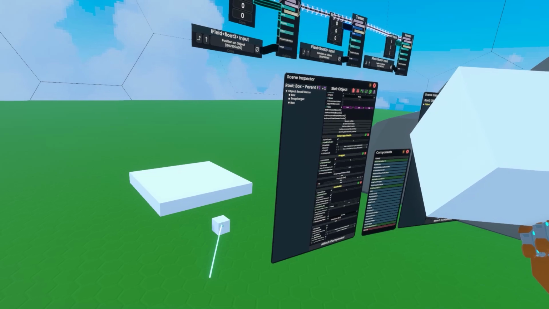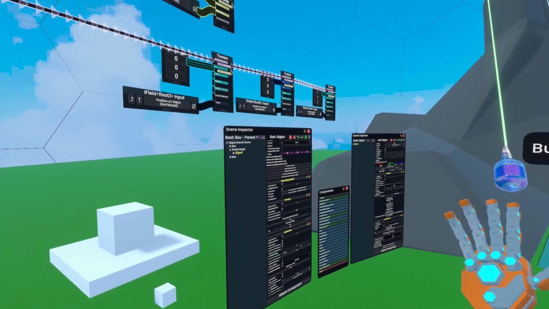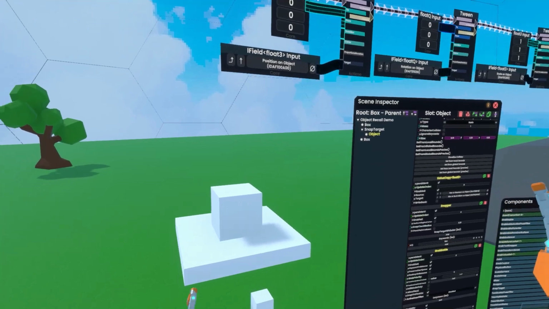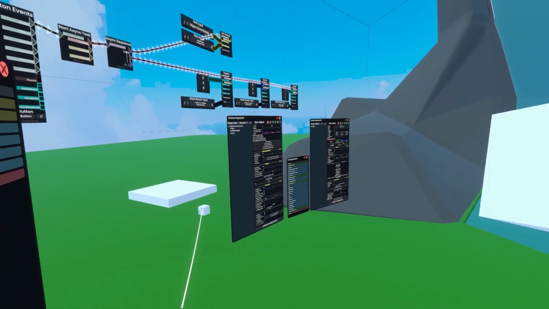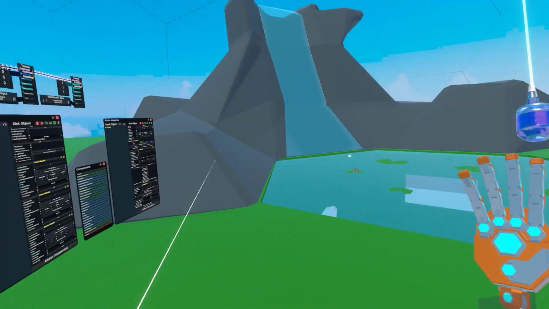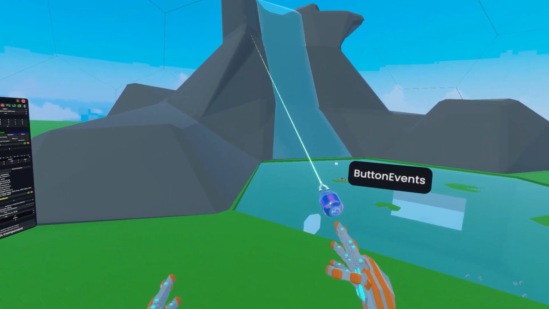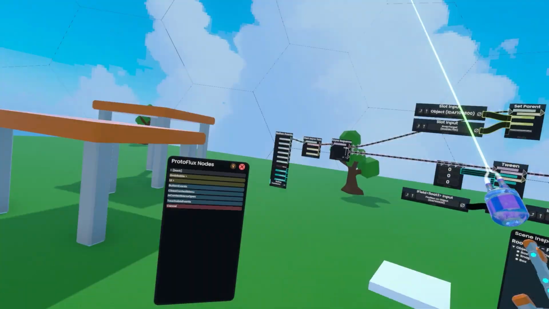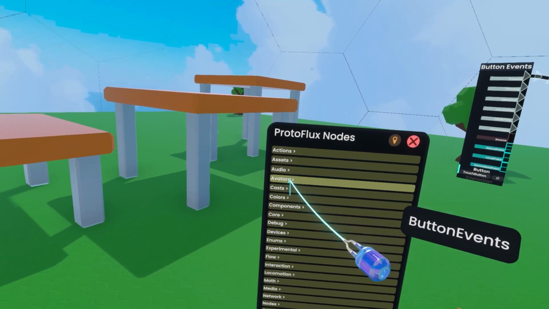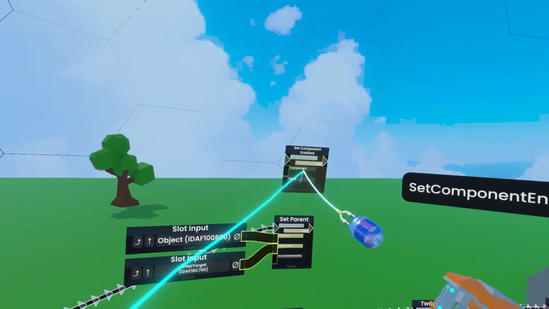So when I call that back and then let go, it checks to see if it's supposed to be under spawn area and realizes, oh, it's within the snapper, so it actually puts it there. But that means that if I let go of this while it's flying, it ends up back at root because I let go of it, so it drops it back where I just picked it up from, effectively undoing this step, which means that instead we're going to have to go to components, set component enabled,